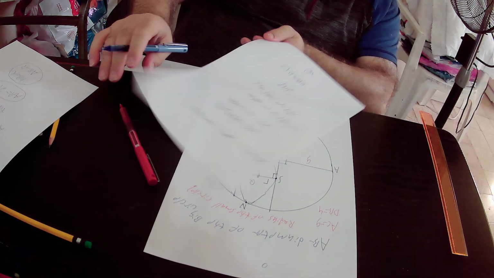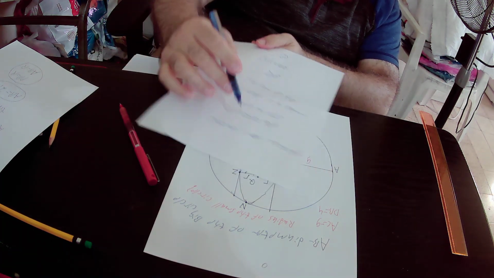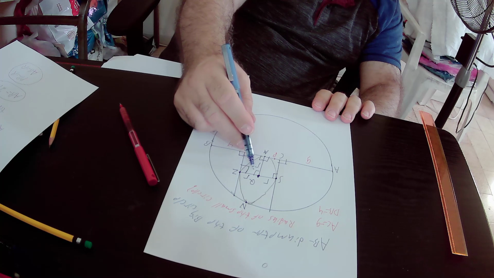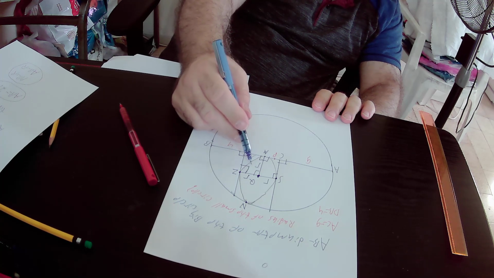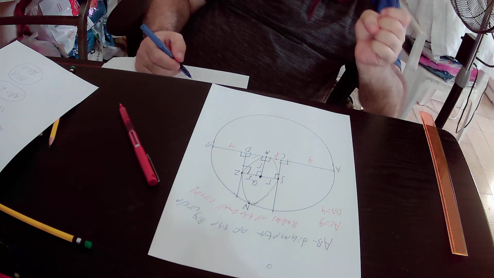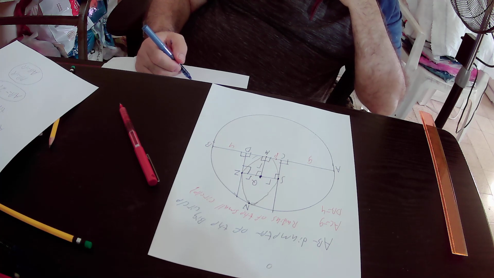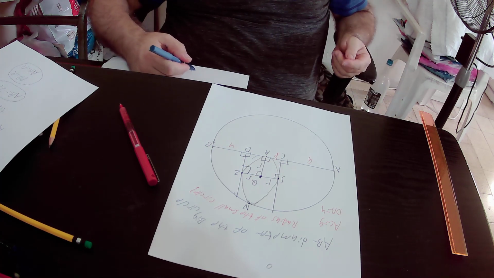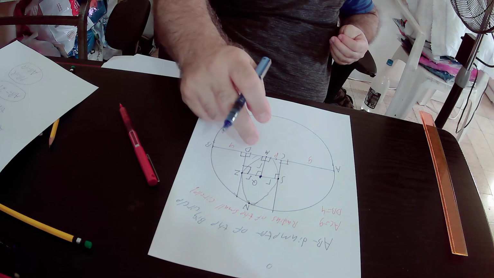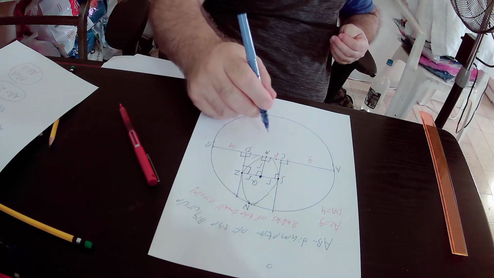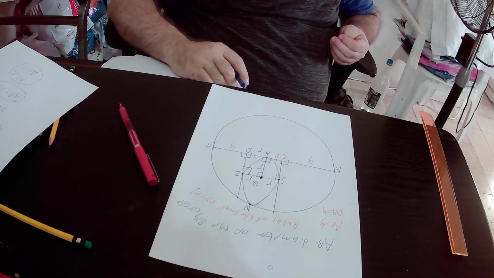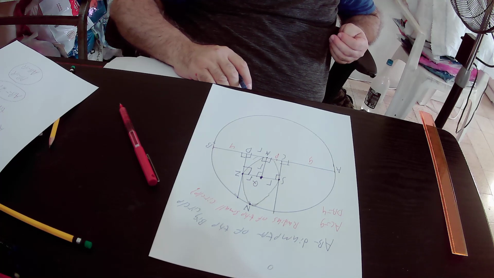Again, square QZMD is a rectangle because it has 4 angles that are right angles. For that reason, this square is a rectangle. And therefore, we know that in any rectangle, the opposite sides are equal to each other. And we know that QZ equals R, so MD must also be equal to R. So MD equals R,